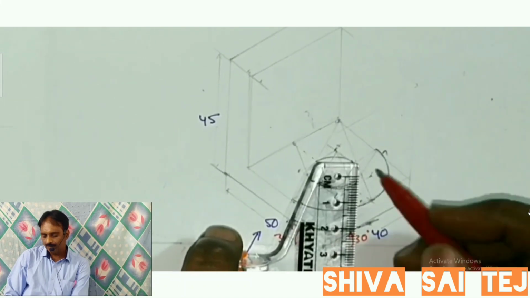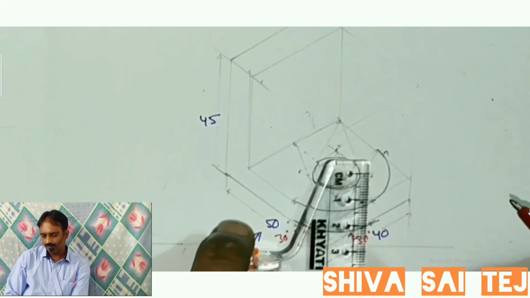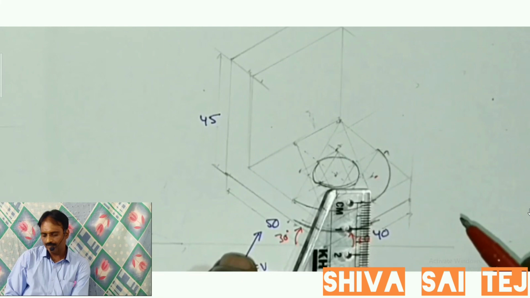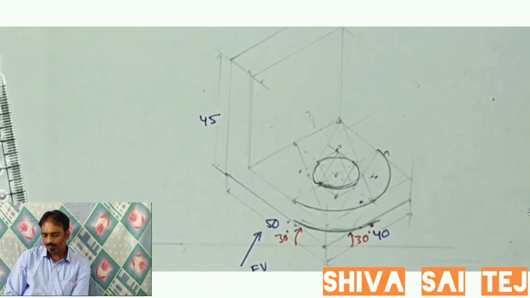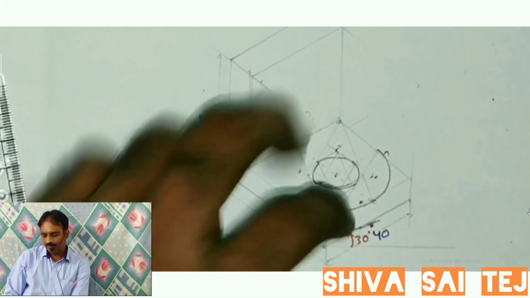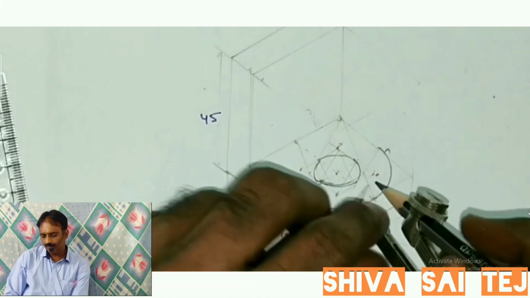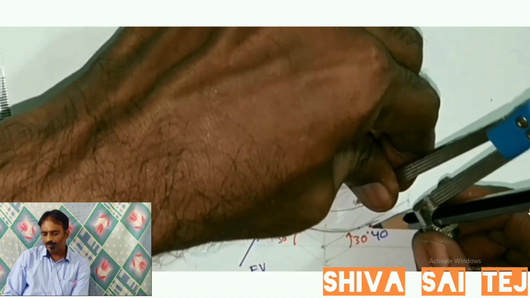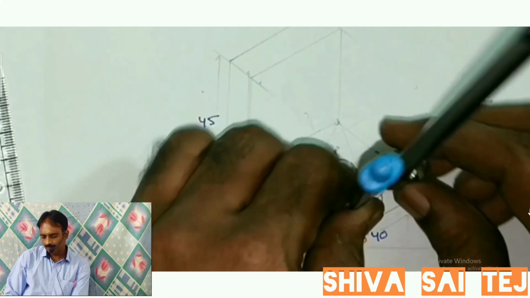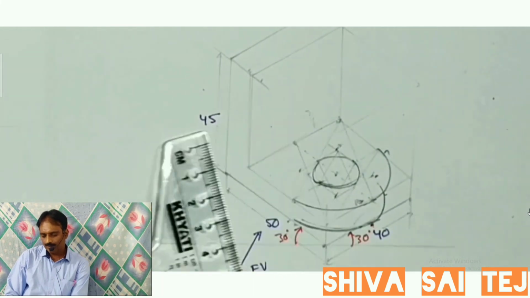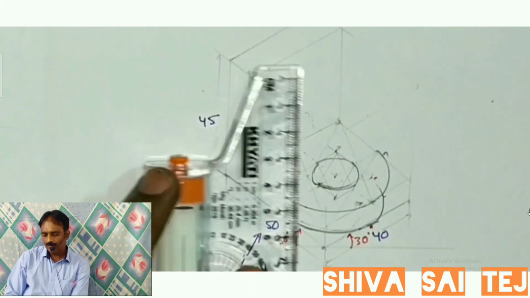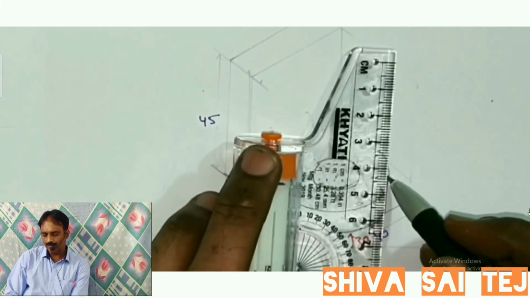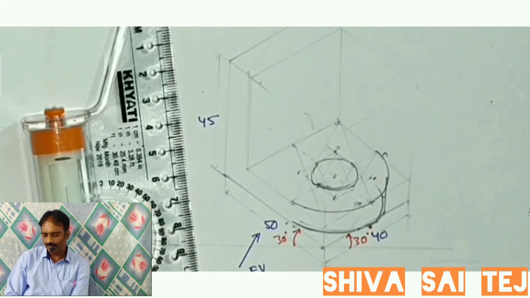And join with that part as center, with this dot as center, complete the arc with that length as radius. So this will give a systematic approach to construct the semicircle for the top and bottom layers of this particular top view. So once we feel that the construction is over, you can make it darken and remove the unwanted lines.